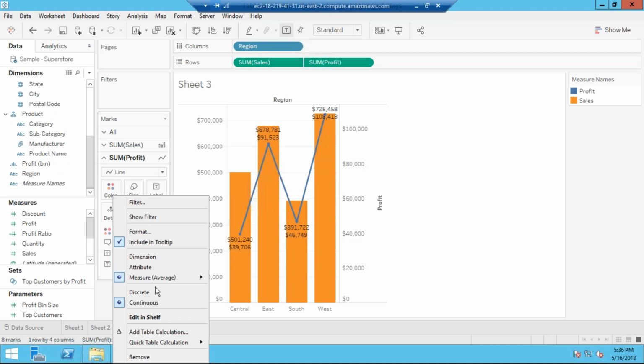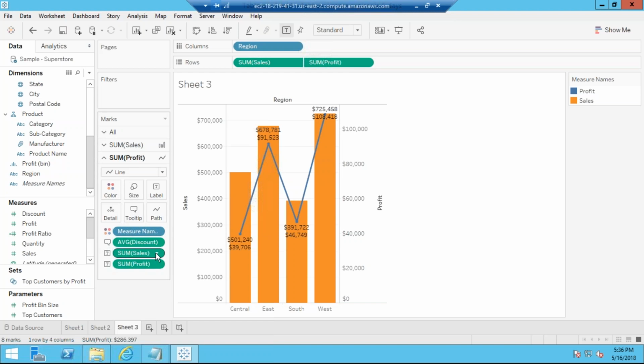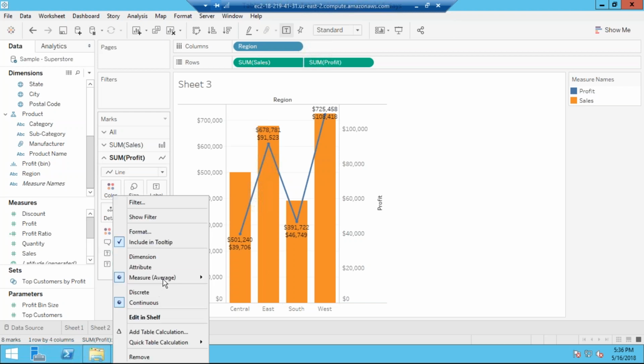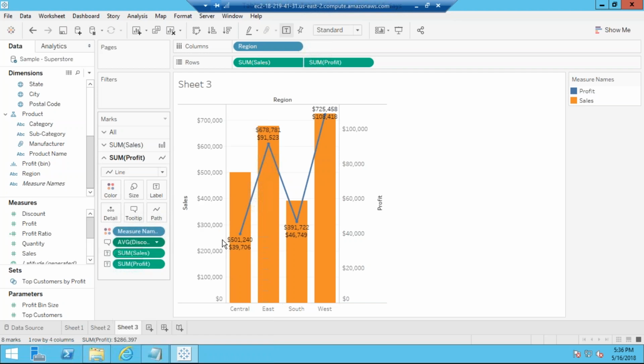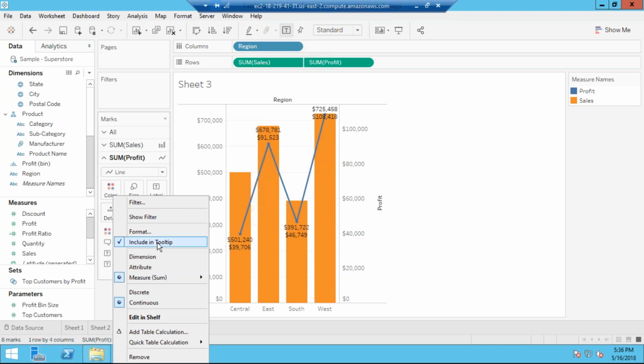If it is coming as sum, how will you change the aggregations? See, sales is this much, profit is this much, so it is coming as sum. Sum means total. Average, obviously you know that it is an average discount. Let's suppose it is coming as sum, which will be wrong here, showing me 55834, which is completely wrong. What I have to show is the average discount. That will make sense, isn't it? Sum of discount is not going to make any sense here. So this is what I have to do from here.